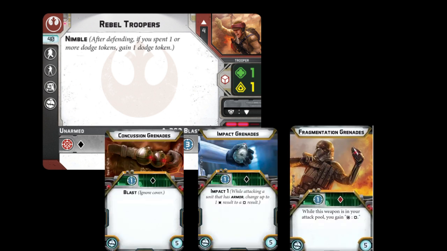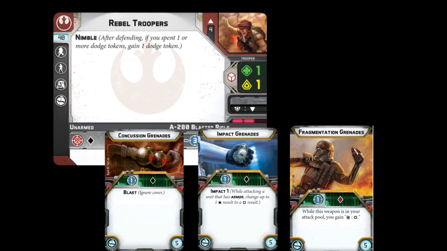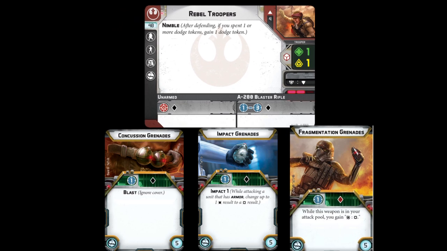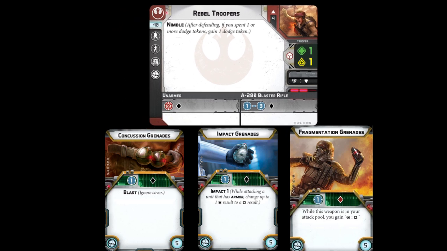Lastly, we get to the grenade slot, where we have 3 options for 5 points each. We have the concussion grenades, which give you a black die at range 1 and blast, and any model in this unit can use it. In this case, I feel like it's not really all that worth it, because you're not upgrading your dice, and you're not gaining a convert. You're just gaining blast at range 1,